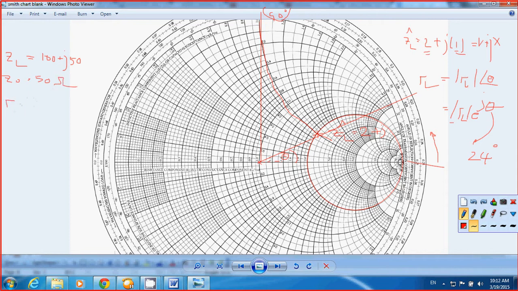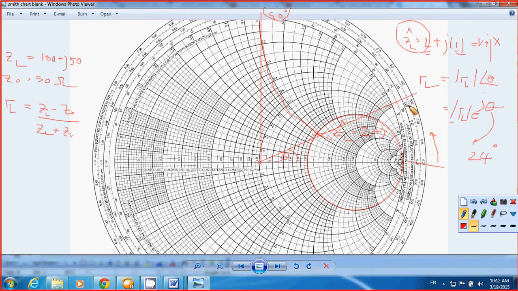To find tau L by hand calculation, you need to follow this equation: ZL minus Z0 over ZL plus Z0. You need to divide a complex number by a complex number. But this one, you simply plot ZL normalized on the Smith chart. You already find the phase angle of tau L,